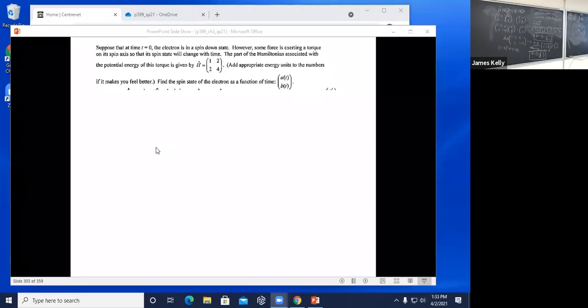Here's the worksheet. It's the same as what we're doing, but the Hamiltonian is different. Here it's 1, 2, 2, 4. And what you can't see there is, I think the initial state is 0, 1 rather than 1, 0. So take the initial state to be a spin down state. Take the Hamiltonian to be 1, 2, 2, 4, that 2 by 2 array that's shown up there, and then find